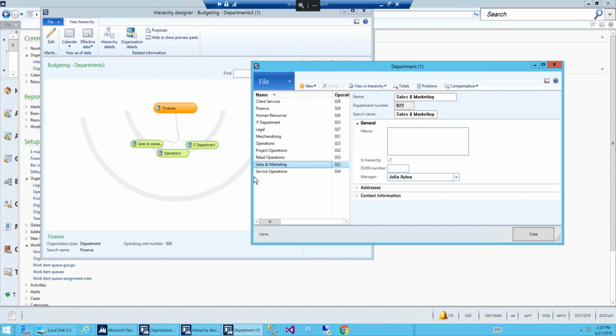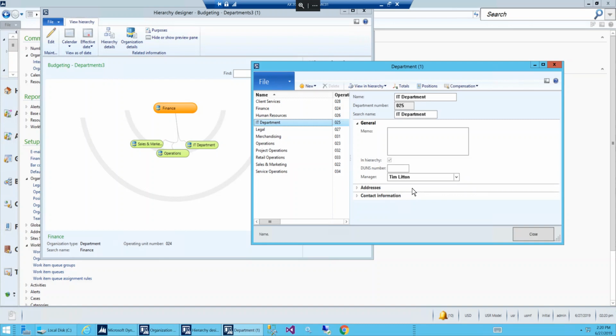One key piece of information that we'll reference back are the managers, right? So for every department, you can see, I can just toggle on some of these. If I click here, you can see sales and marketing, Julia is our manager. If I go to operations, I'll save some time here. Molly is our manager. And then the IT department,